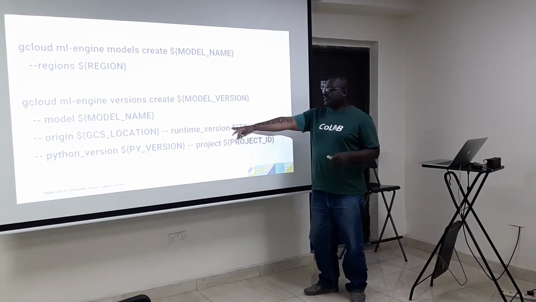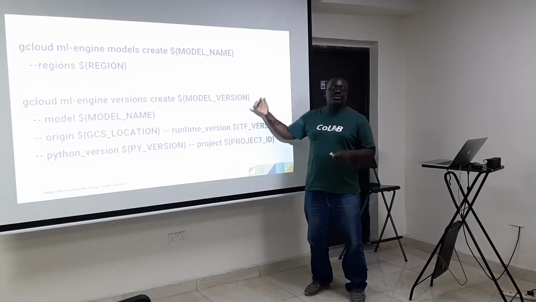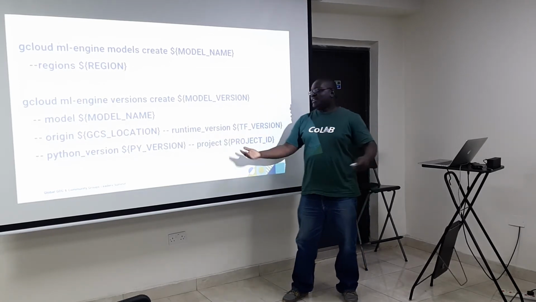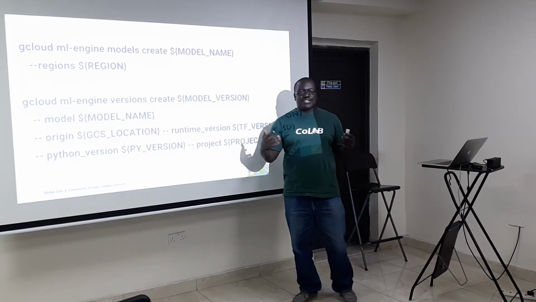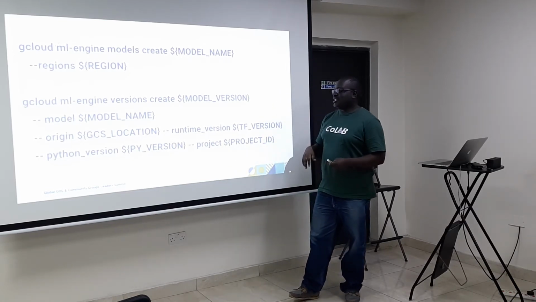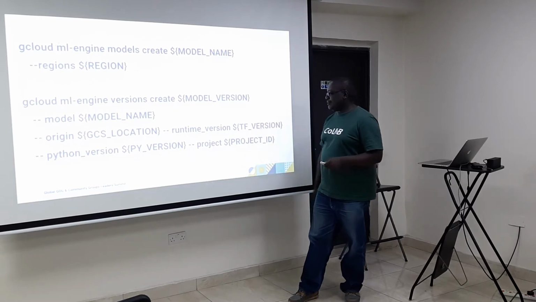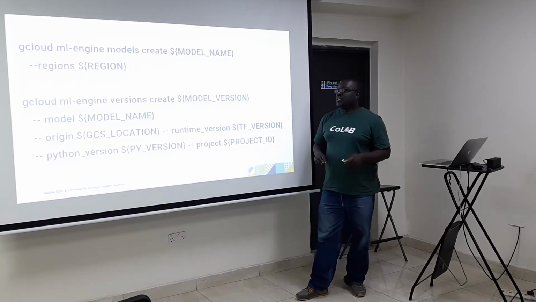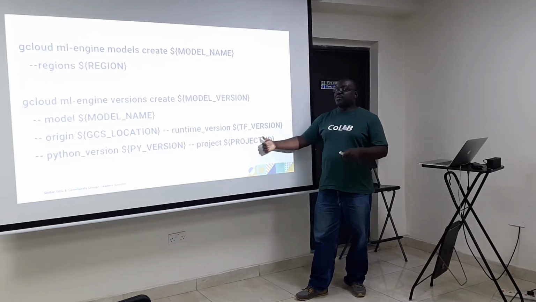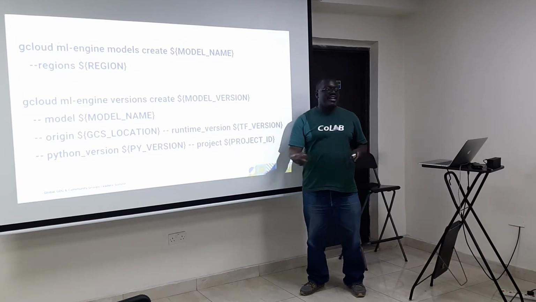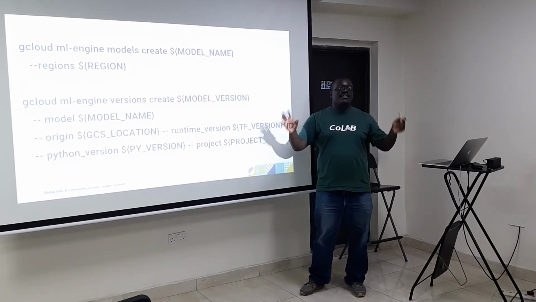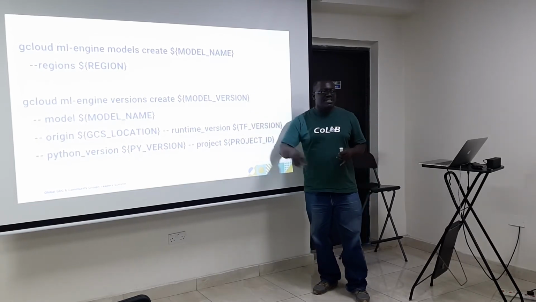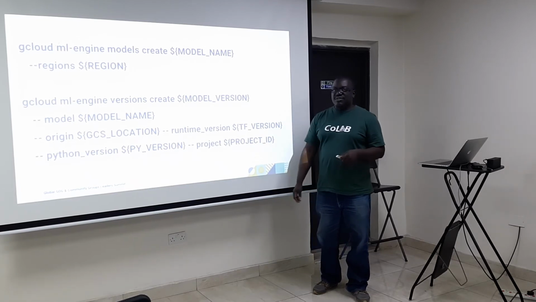You need to specify a runtime version, which is what version of TensorFlow you used to build this model. You also need to specify a Python version, because like everything else in computing, we like versions and versions and versions. And we never duplicate anything, so it needs to know for its own sanity. And then most people have more than one project on GCP, so you need to specify what project. Project is actually where all the billing goes. So yes, we organize things in projects, but really it's about what account gets billed for hosting all of this data and stuff. And so you need to specify the project ID.